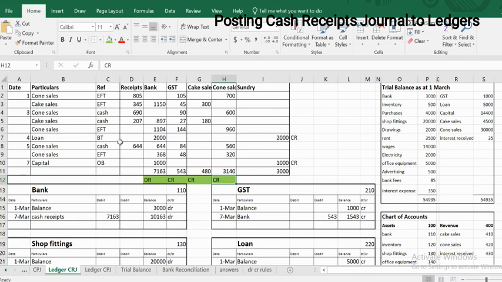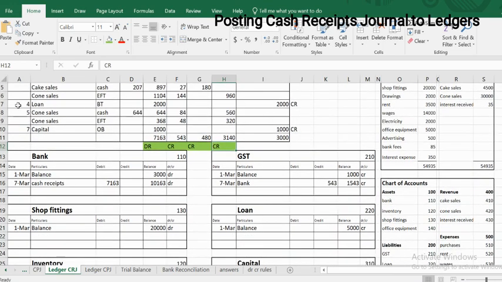On the sundry, first of all, we've got loan. So loan has been credited for $2,000. And the date for this is the 4th of March. Anything in sundry column, we use the actual date of the transaction. So here we go, 4th of March. We still write in bank. It's a credit of $2,000. We already had a $5,000 loan. We took out an additional $2,000. So we've now got a $7,000 credit balance on that. So took that off. And our last one is this one here for capital, which we are crediting for $1,000